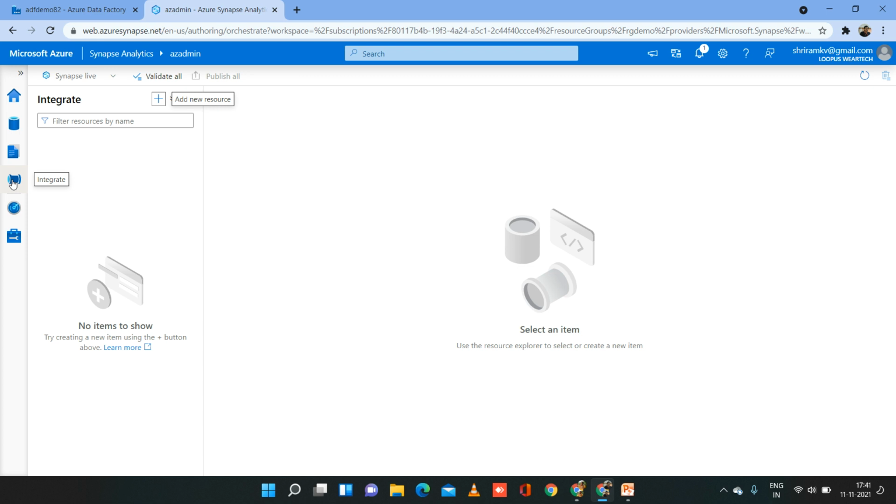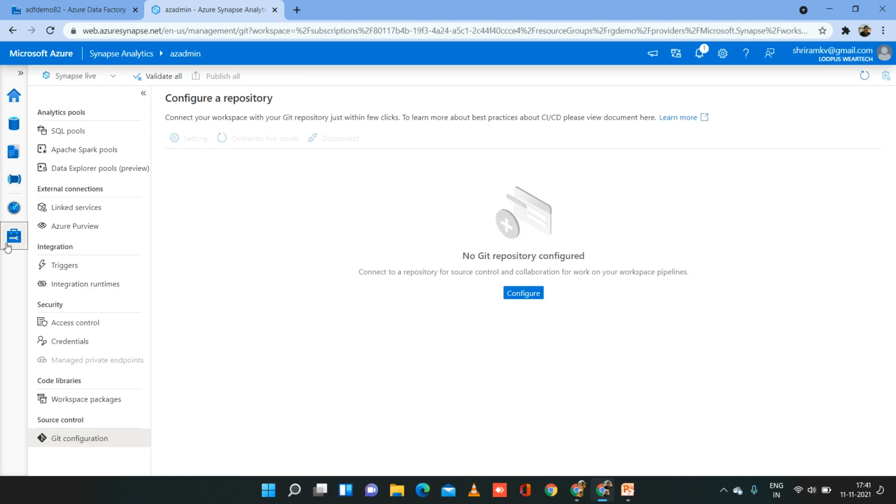What next? We saw integrate. We have to see the manage and monitor tabs. Manage is the place which lets us add SQL pools, and we can create linked services, etc. If you see here,